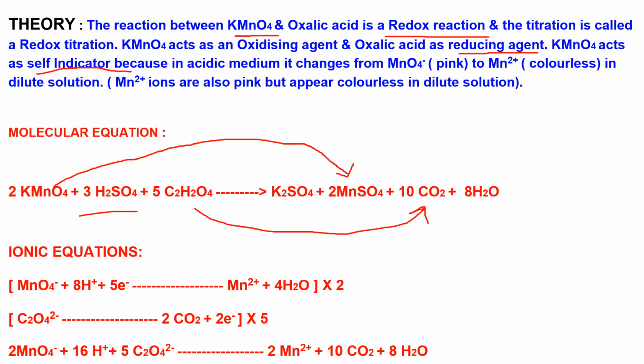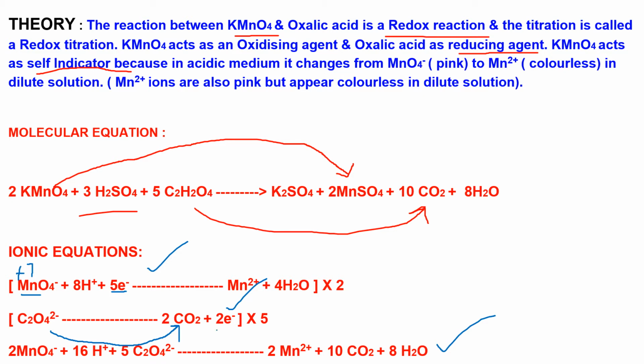You can write this molecular equation and ionic equation also for the same redox reaction, first two halves, and then you balance them as you have done in the redox reactions chapter in class 11, and then write the complete ionic equation like this. So the first half is the reduction half, because KMnO4 is an oxidizing agent, it will get reduced itself from Mn plus 7 oxidation state to plus 2 here. 5 electrons are involved. And oxalic acid, this oxalate ion, changes to CO2. So this is oxidation, because this is a reducing agent, the oxalic acid.